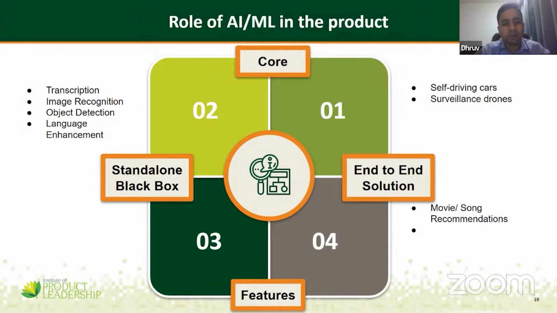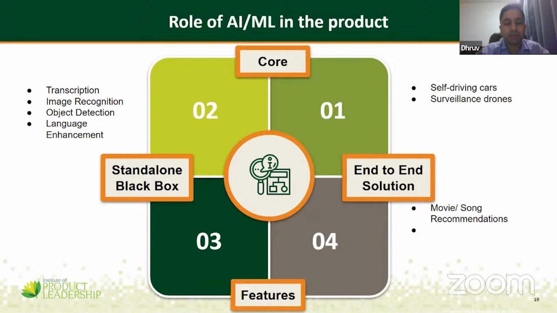But for example, if we think of something else like a self-driving car or a surveillance drone, these are solutions in which AI is at the core, and without that, the product doesn't really have any meaning. For example, there is no meaning of a self-driving car if it cannot see objects, detect objects around, and take the right decisions. Another dimension which you see in